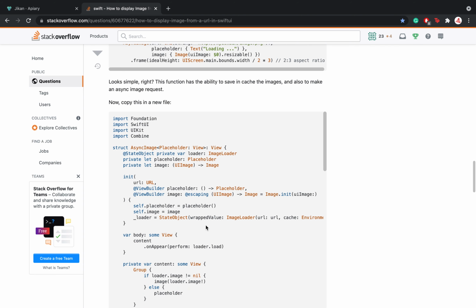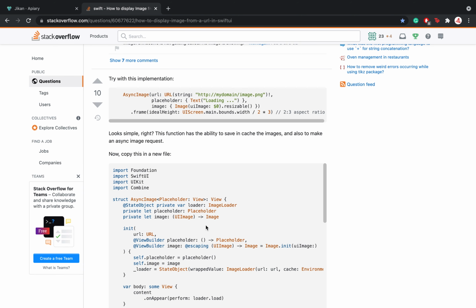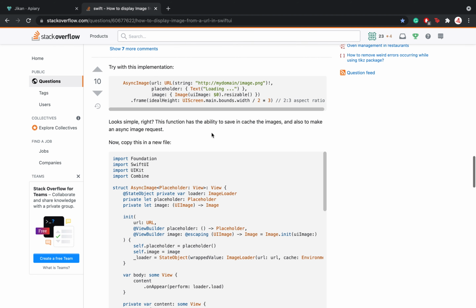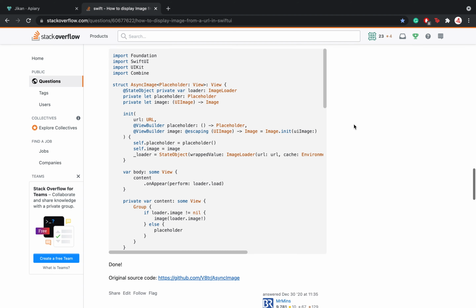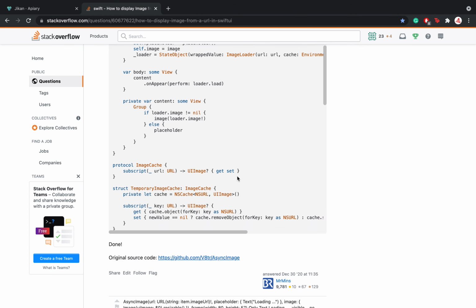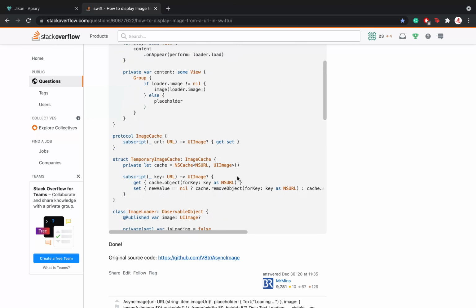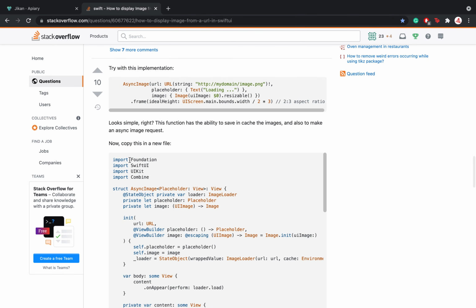This guy has given us AsyncImage, which conforms to the View builder type. He states that we just have to put this long code inside another file. So yes, that's what we are going to do now.